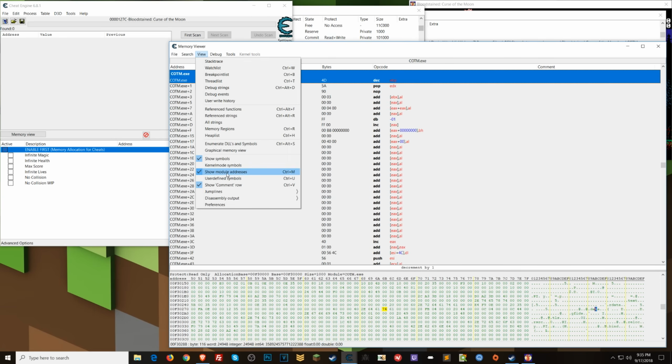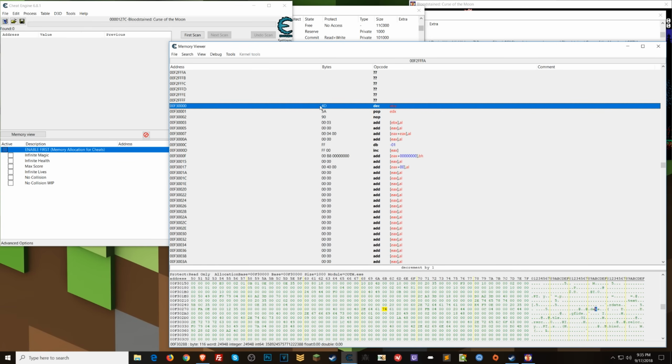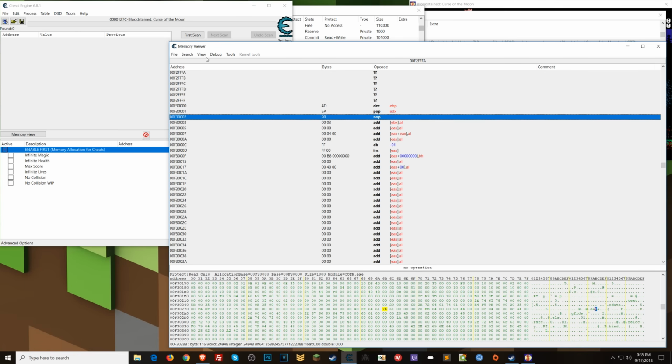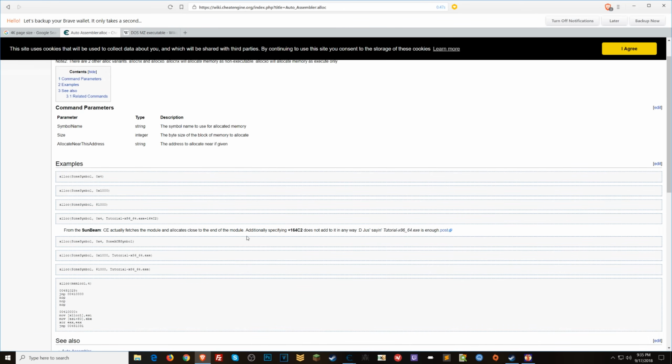Alright, that was 008. This is 00F. Since we know that this is the start of the executable in memory, it's actually allocating well before where it has the executable in memory, which contradicts this part about CE fetching the module and allocating close to the end of the module. That's not true. It might be true